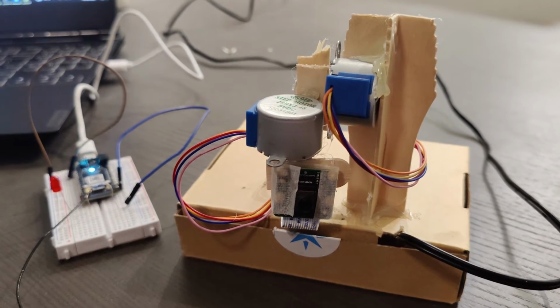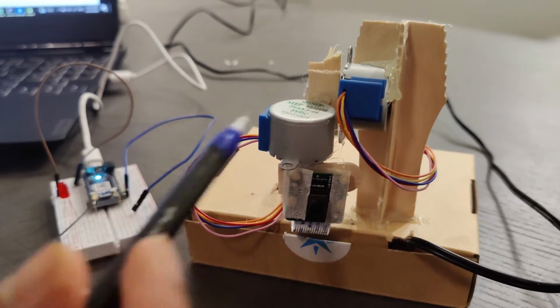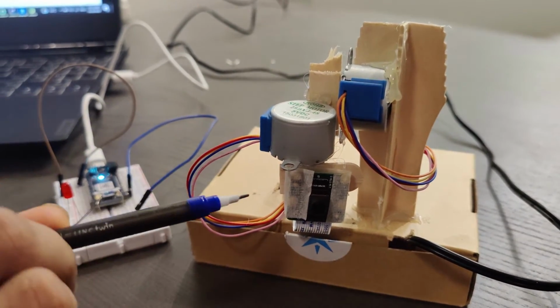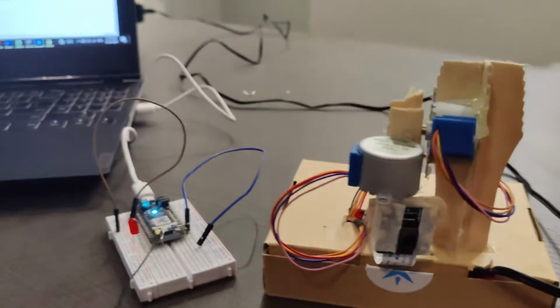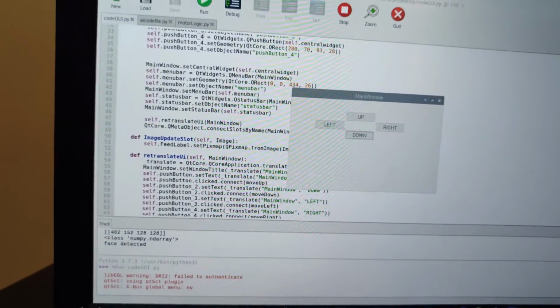These are both stepper motors. That's why we were able to rotate on a fraction of a rotation and adjust the camera wherever we need it to be. The next functionality that I'm going to show is that